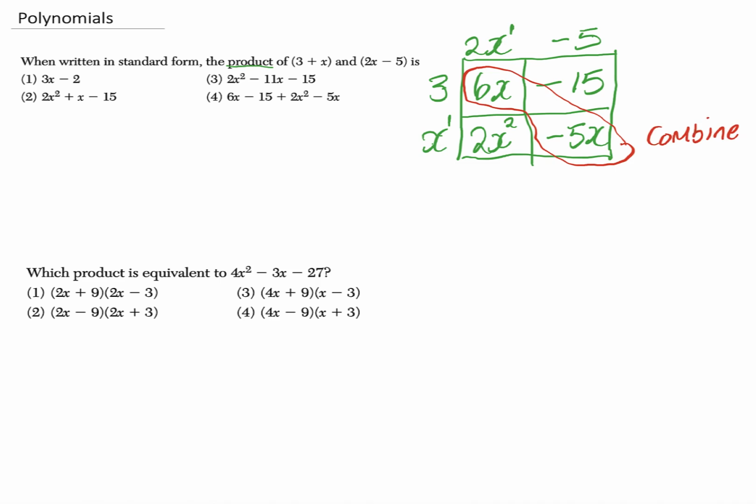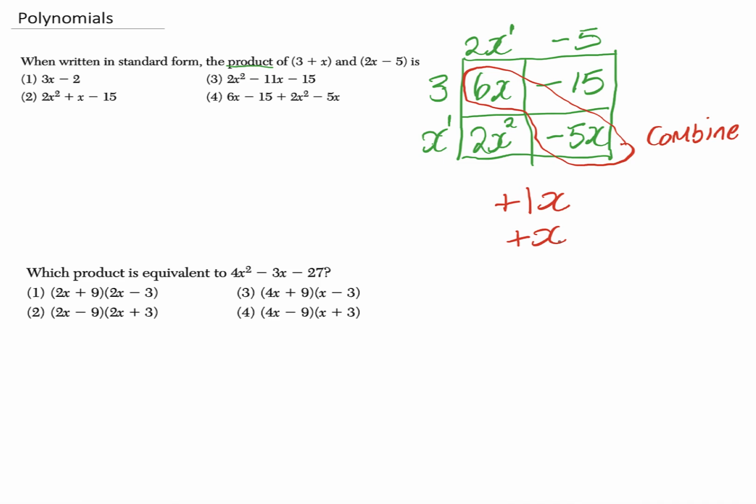Combine means to add, but remember, one is positive and one is negative. And we know that when the signs are different, we subtract. So if I subtract these two, a 6 and a 5, I'm going to get a 1x. Who's the bigger number? The 6, so this will be a positive 1x. My students sometimes like to write plus 1x, and I have a couple of other students who would just write